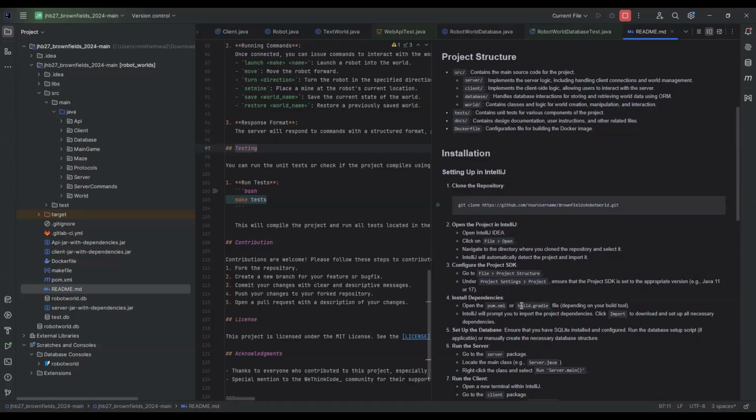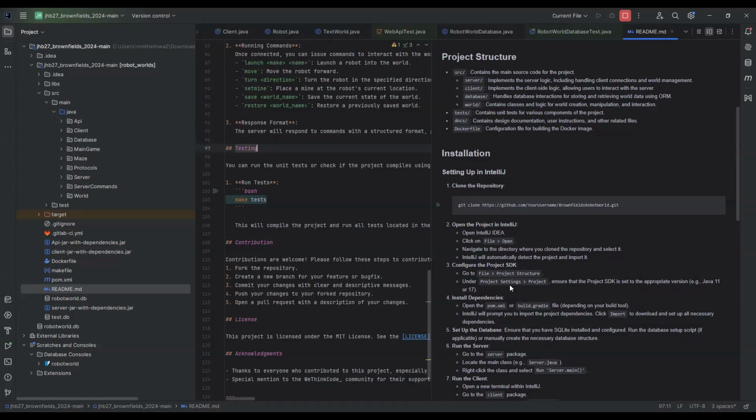You just have to cd to where the file is, and then configure the project to the SDK, which is version 17 that we used to complete our project. And then you have to install the dependencies or build with Gradle if you want to do that. But we used the POM file, so you have to install the dependencies from the POM